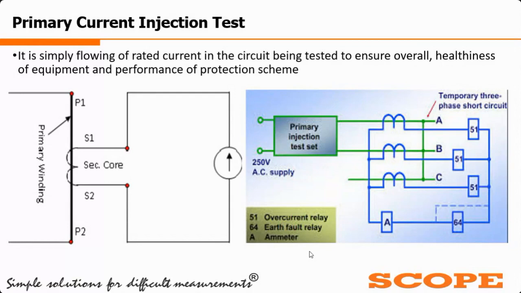we need to connect to the primary side of the current transformer, that is at points P1 and P2, and accordingly we need to measure the CT secondary side current from points S1 and S2 if there is one core. If other cores are present, in that case we need to measure CT secondary current by core S1 and S3, S1 and S4 accordingly.